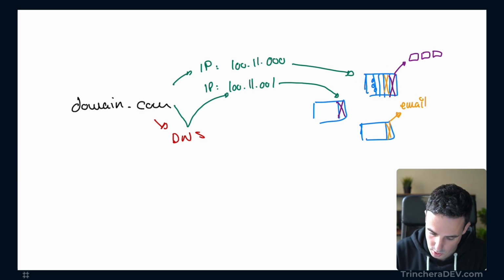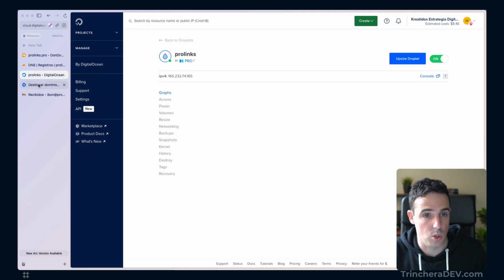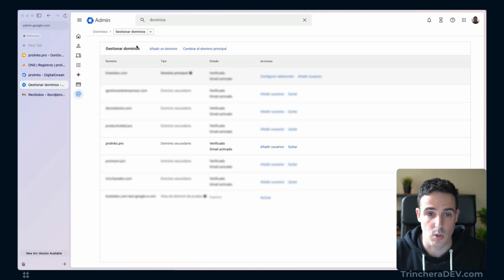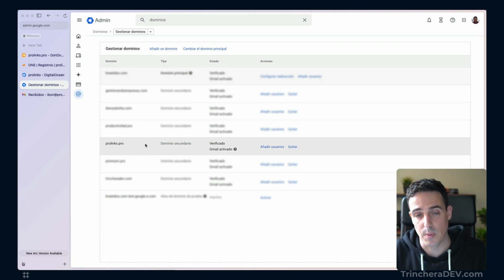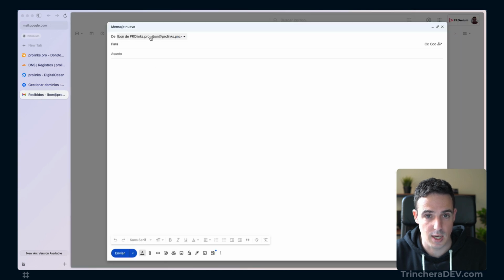The last thing is that for the email, we are not getting a hosting provider. What we are doing is using Google Workspace, or you can use, for example, Microsoft or whatever you need. Here we are using Google. So if we go to the computer, we go here to Google Workspace. Here we are managing the domains. You can add new domains, and here we can find prolinks.pro. So we are using the emails from Gmail. So we can go to Gmail, and here we have an email, for example,